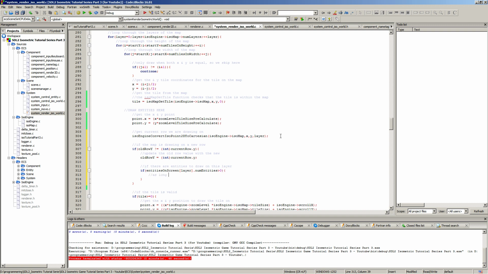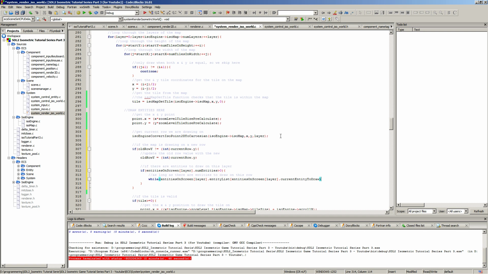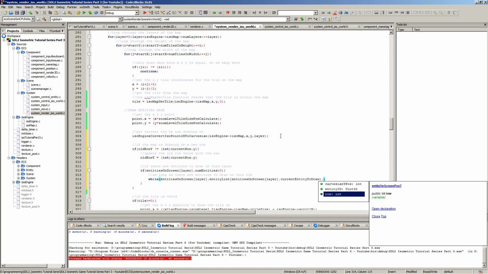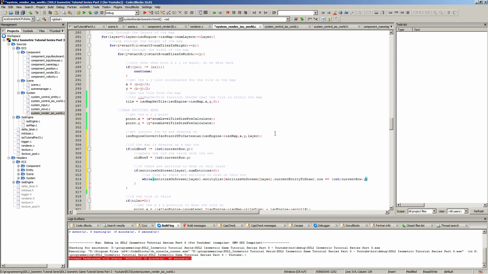As long as there are entities to draw on this row, while entities on screen, layer entity list, and entities on screen, layer dot num entities. No, sorry, current entity to draw dot row. Gotta get the row. Oh, it's a long line. If this is equal to int current row dot y,